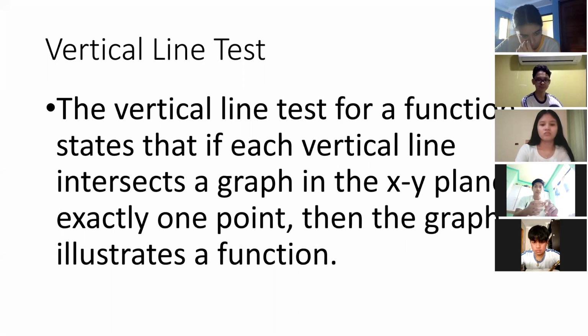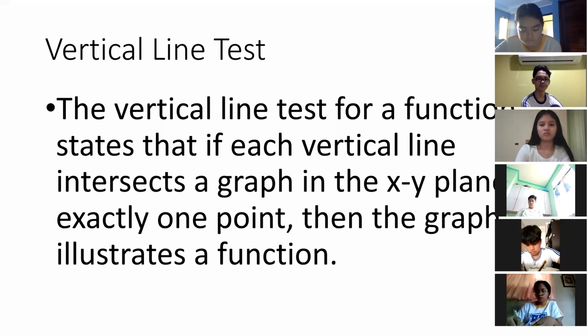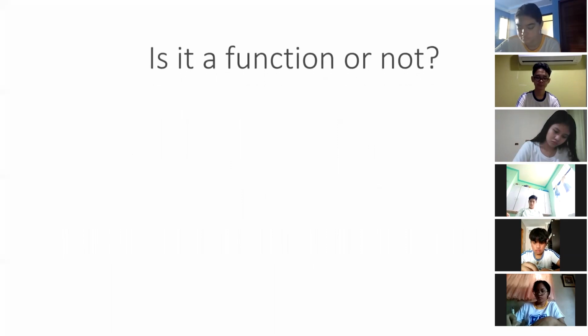Says the vertical line test should only create a single intersection of the graph being illustrated for it to be called a function. If it generates two or more intersection points, then the graph is not a function. Again, anywhere from the graph, you can draw the vertical line anywhere from your graph. Okay? There are examples here that we're going to